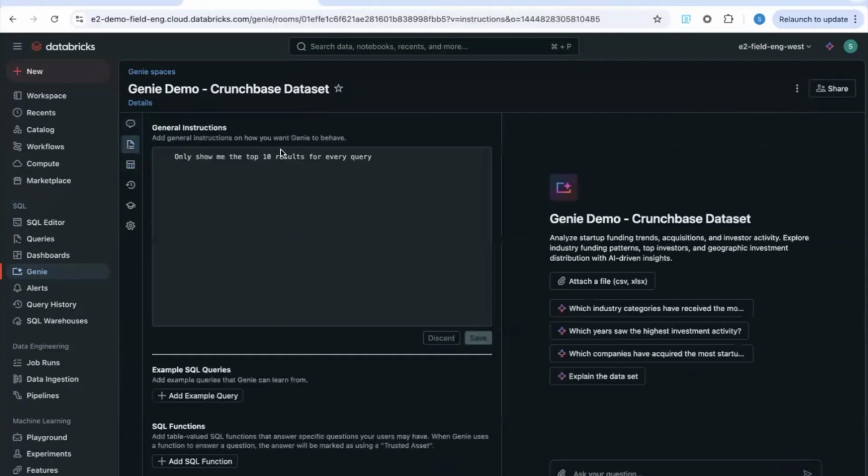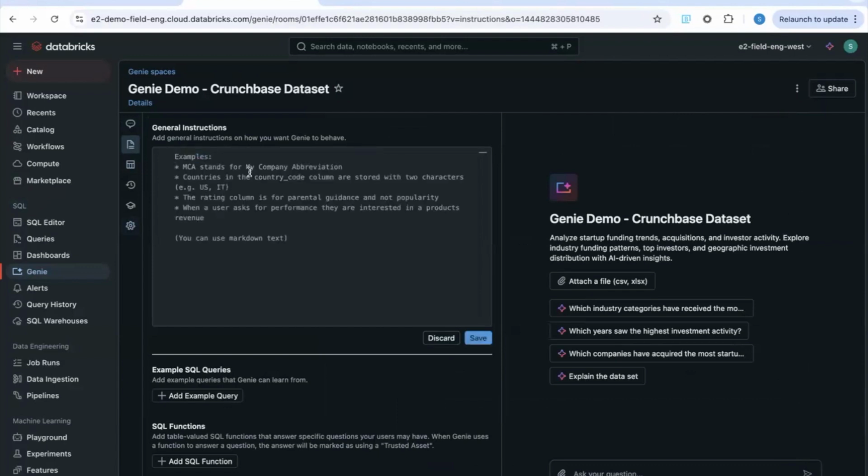This is the instructions we talked about earlier in the slides, where you can add instructions such as only show me the top 10 results for every query. I'm not going to add any instructions today, but that is an example. If you have abbreviations like country code, you can say that the country code is stored in 2 letters. Just any information you think would be valuable for Genie to know, or if you notice it's just not getting this, it doesn't know what this field means,